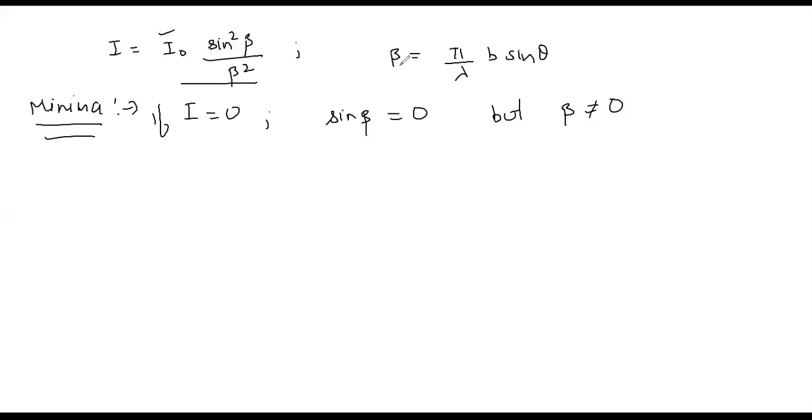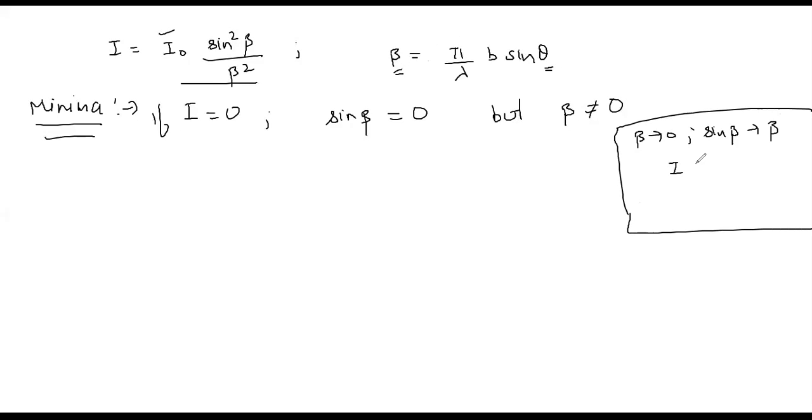Because your beta will be 0, that means you are saying your theta is equal to 0 in that case. And when your theta would tend to 0, let me repeat that again, and let me make a separate box for that. Whenever your beta would tend to 0, your sine beta would tend to beta, and your I would become equal to I naught. Because you are left with I naught beta square upon beta square, the beta square cancels with beta square, your I would become I naught, which would correspond to the maximum intensity or intensity of